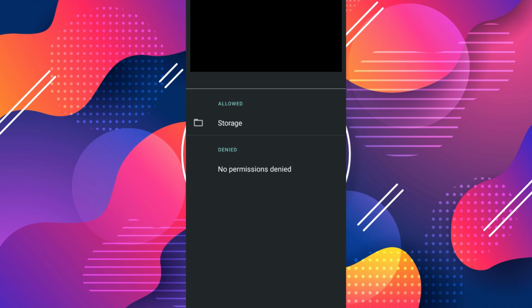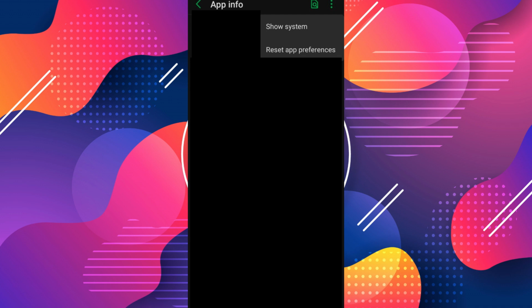For some phones, when you long press on the power button, you'll see an option for safe mode. Go into safe mode and try installing the app then, and also try uninstalling the third-party app under the safe mode. If that doesn't work, then go back into your settings and again go back to the app info,